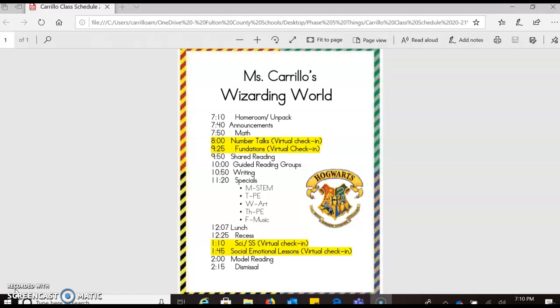You will need to ensure that your students check in at the 4 highlighted times on their schedule. You have your 8 o'clock number talks, which is your math block virtual check-in for your mini lesson and your warm-ups. 9:25 will be your foundations, ELA, reading and writing blocks that you will need to check in. This will also serve as your warm-up during this time. So make sure that you are checking in with your reading and writing teacher at